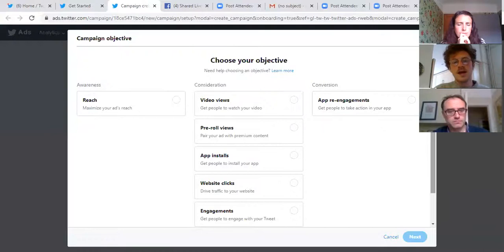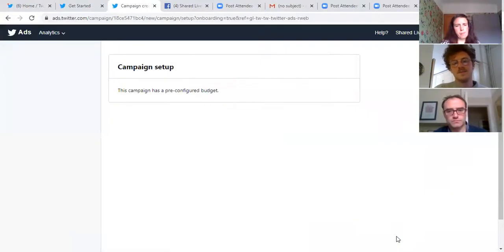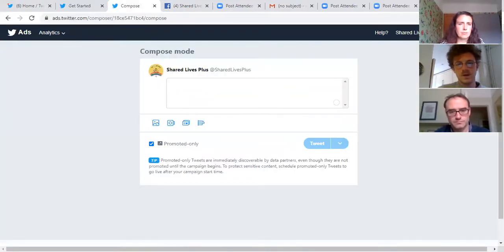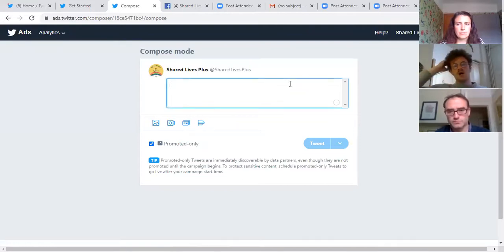But so here you've got a dialog box which is encouraging you to set up your first campaign. Cancel that, get rid. And you'll notice that in the top right now you've got quite a familiar looking tweet button, which is what we want to click on now. So click on that, and hey presto, you've got a box that's not too dissimilar to the one that appears when you're trying to just create a post, a tweet normally on your timeline.